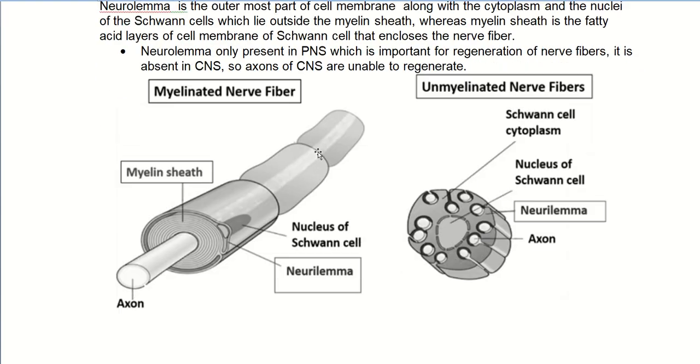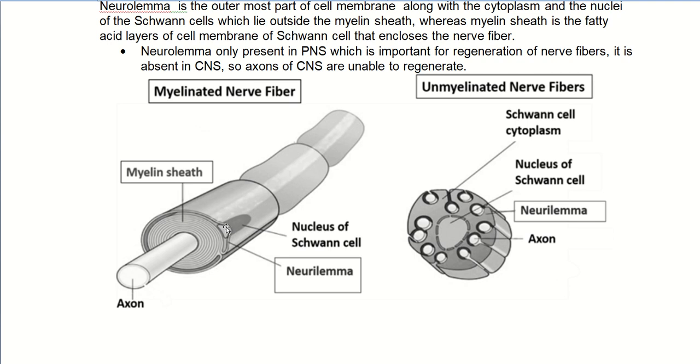So, what is neurolemmal sheath? In the peripheral nervous system, the axon is covered by Schwann cell. Only the fatty layer of the cell membrane of the Schwann cell covers the inner portion, which forms the inner part of the myelin sheath. Here no cytoplasm, no organelle is present, only the fatty layer of the cell membrane. The cytoplasm and nucleus are present in the outer part of the myelin sheath, and